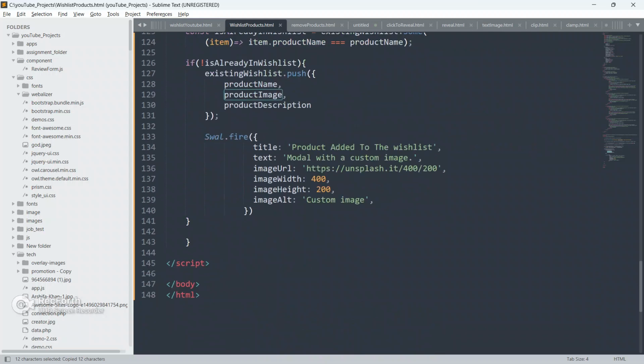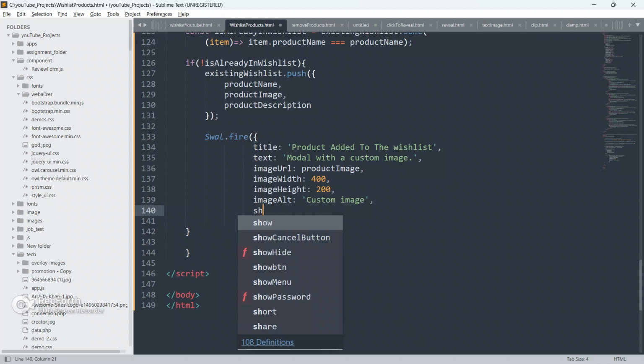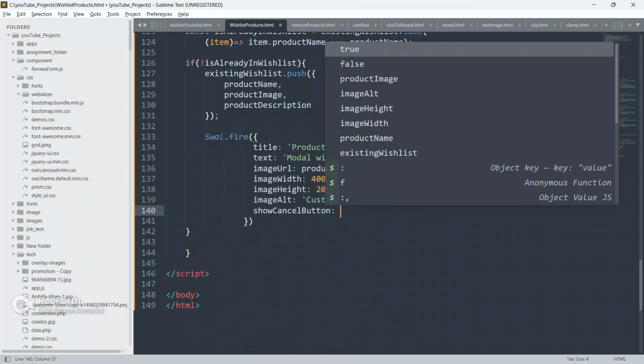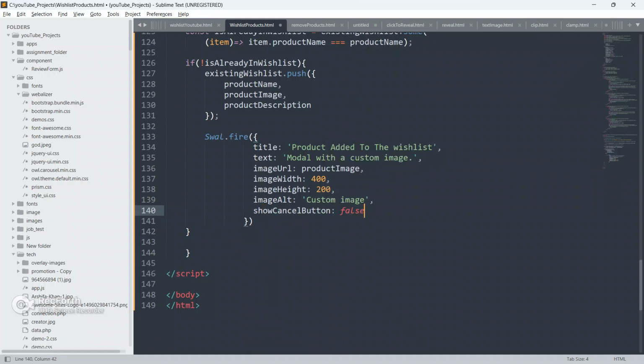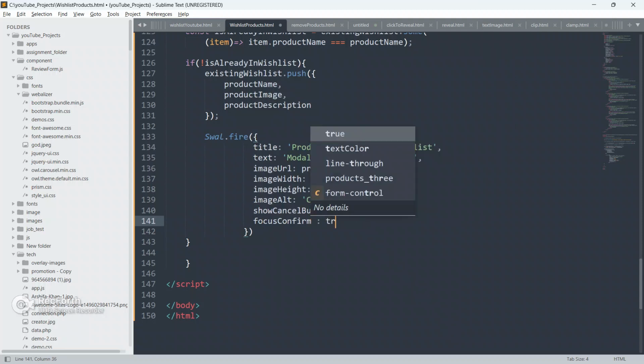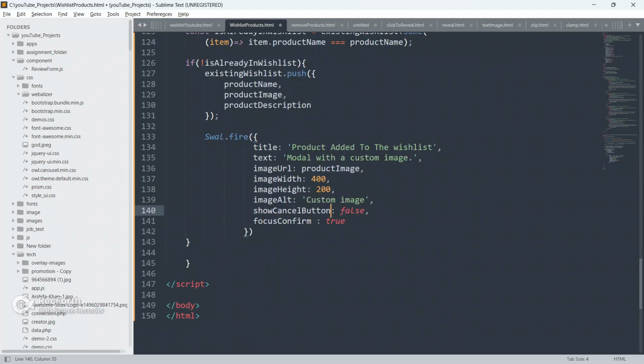Copy it from here and paste it here. Now we will also add show cancel button and provide it as false. And we will also add focus confirm as true.